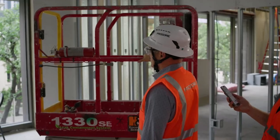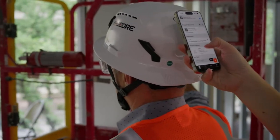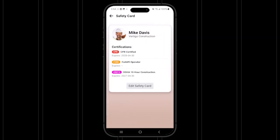Finally, our safety card links to NFC tags, allowing supervisors to instantly verify worker certifications in the field, ensuring only properly qualified personnel perform specialized tasks. A supervisor or safety manager can use their NFC-enabled mobile device to read the safety card. This instantly brings up the worker's profile directly in Procore, showing their name, company, and most importantly, their relevant certifications